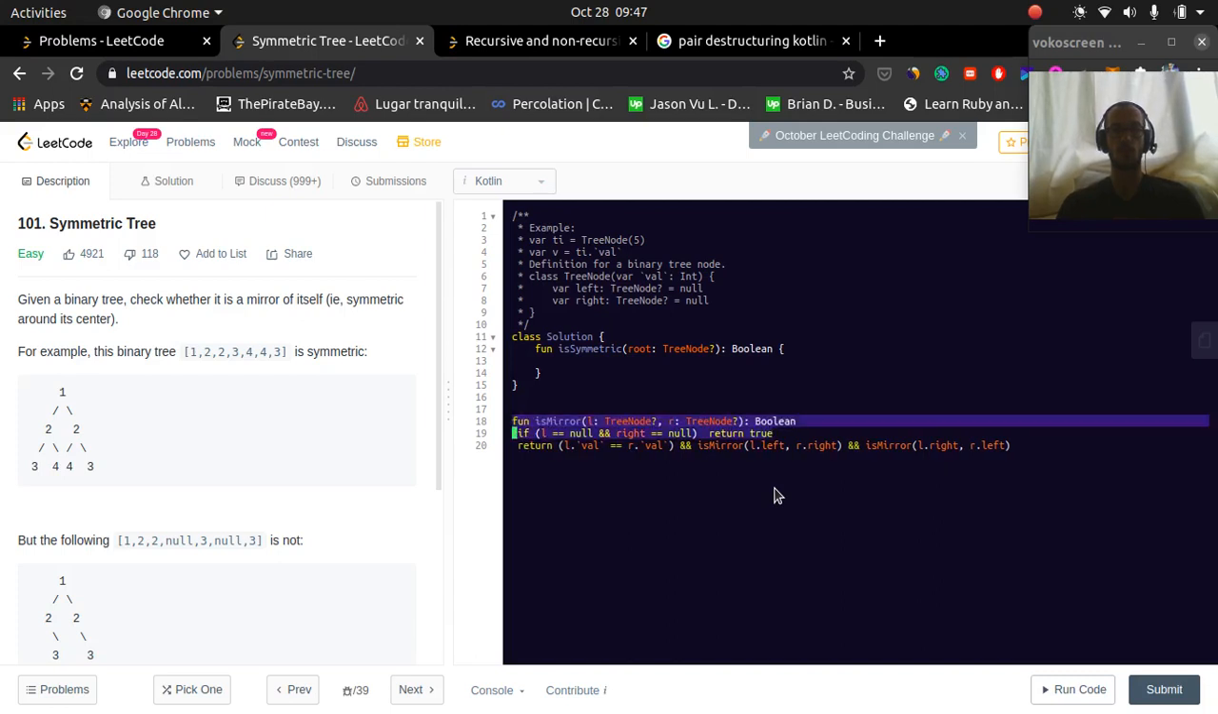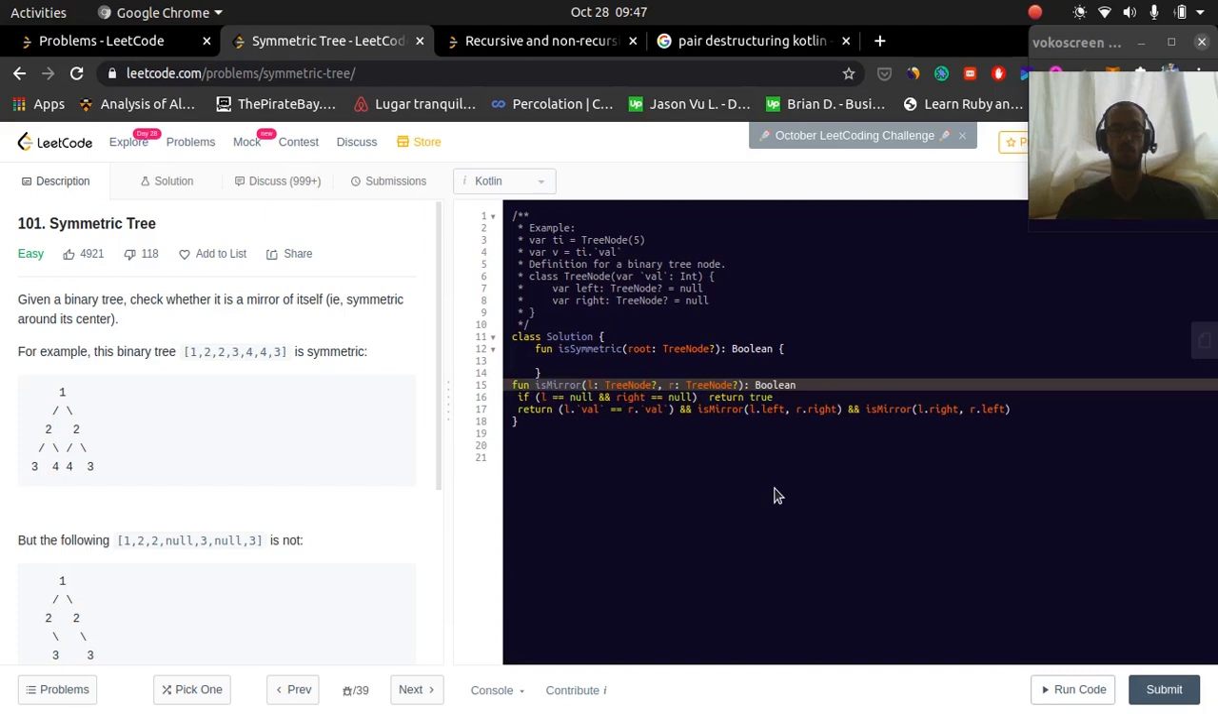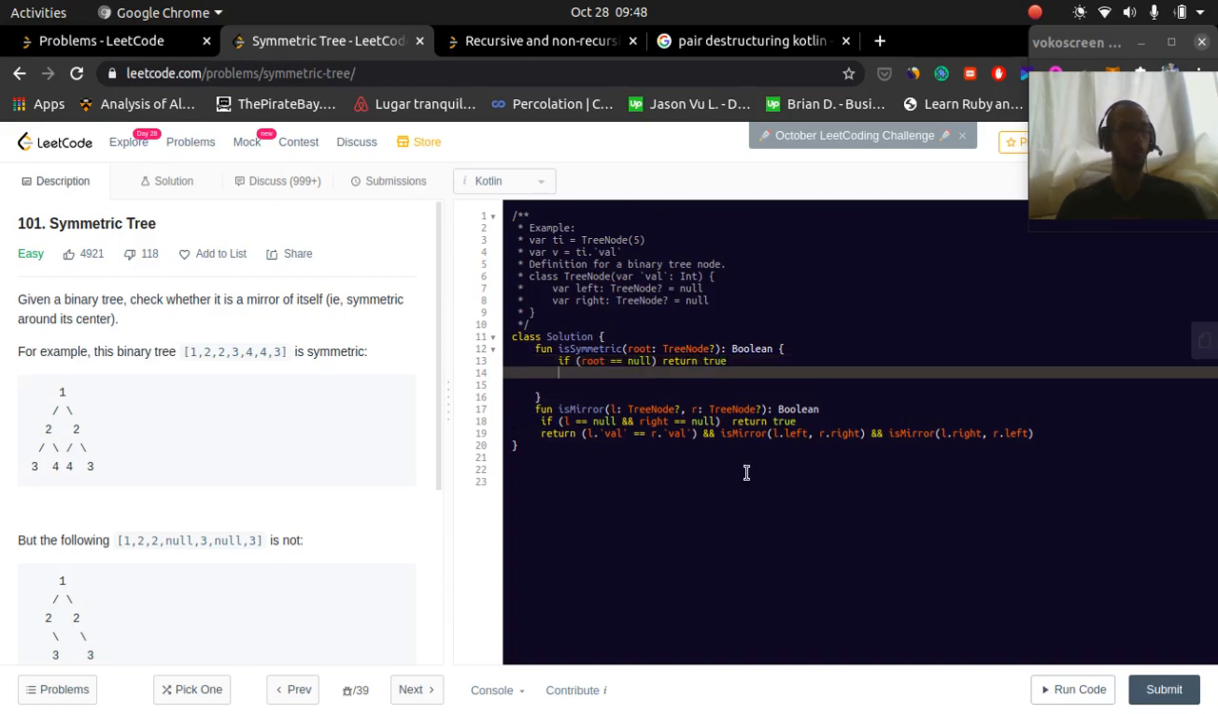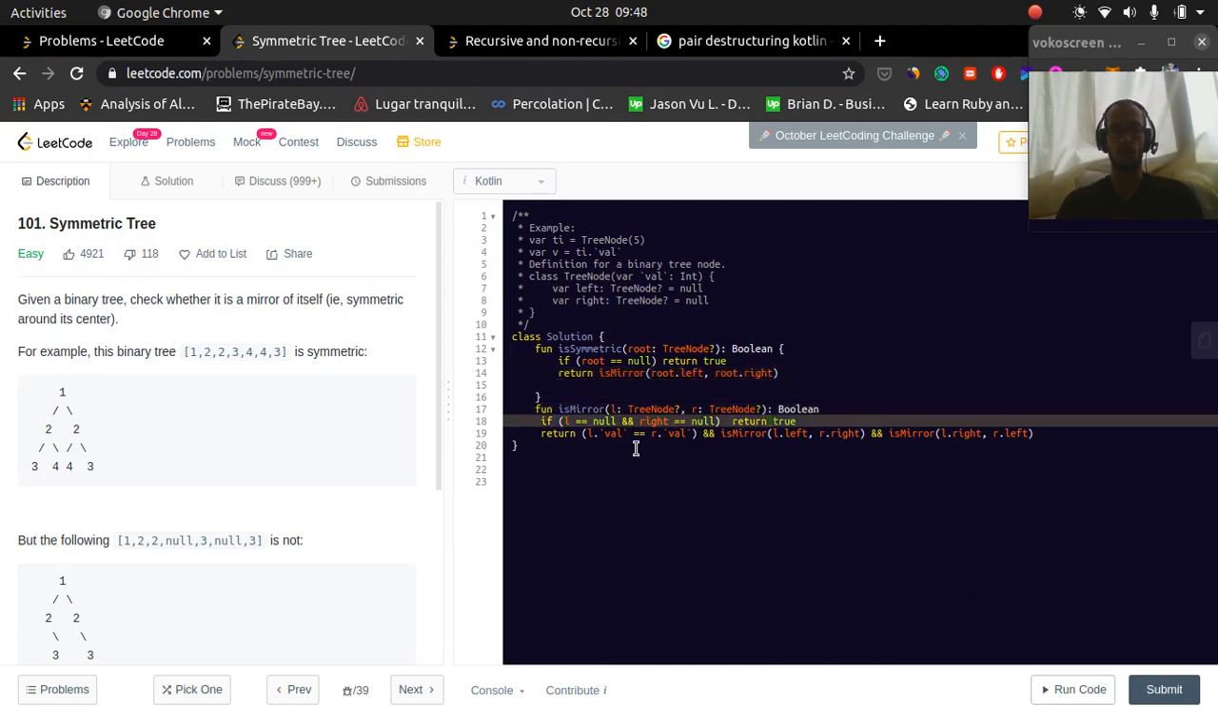Okay, so let's take this. So we'll say if root is null, we'll return true, I guess. Not sure what they want us to do if we just get a null value. But we're going to return isMirror. If the left and right hand sides are mirrors, then we're going to return true. Root.left and root.right. Okay. And